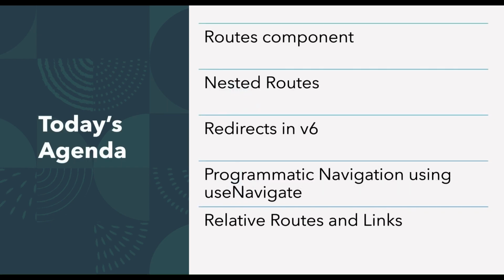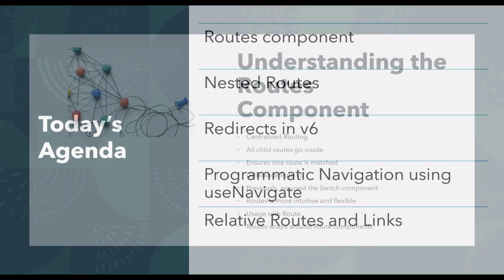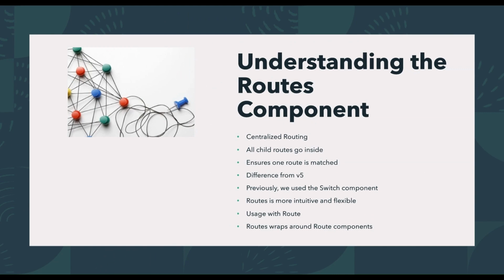As a quick recap, yesterday we initiated our journey with React Router DOM version 6, learning the basics. Today, we're turning up the heat with advanced routing concepts. Our agenda is packed. We're covering the Routes component, nested routes, redirects, programmatic navigation, and the simplicity of relative links in v6. Exciting, right? Before we proceed further, it's essential we understand a core component of React Router v6, the Routes